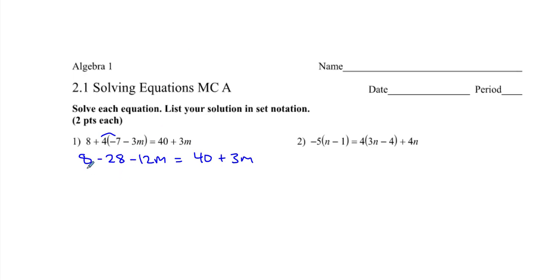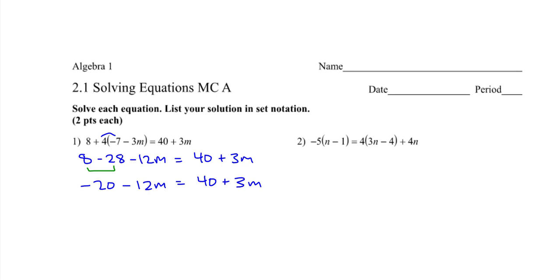Okay, so after you distribute, then you want to combine like terms. On the left, do I have like terms? I do right here. No other m's on the left. Do I have like terms on the right? I do not. So I got negative 28 and a positive 8, which gives me a negative 20. Then I have this minus 12m is equal to 40 plus 3m. Okay, so no more like terms, no more like terms. Now I want to